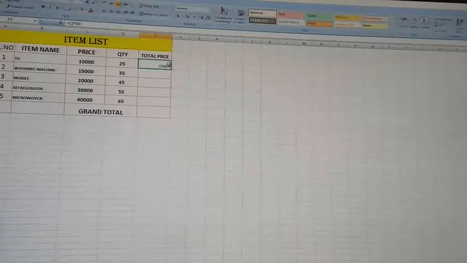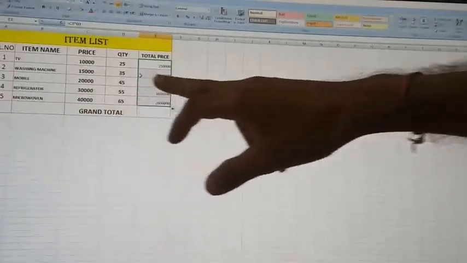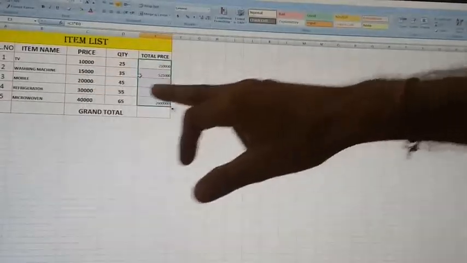Then what you will do, that one plus sign will come here. Look here, the right side bottom of the cell, just drag it so that it will show you the total price of each product.